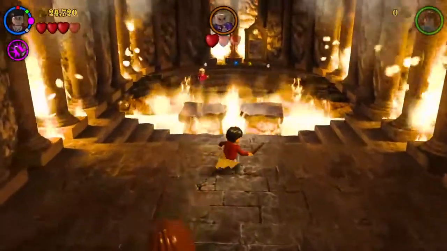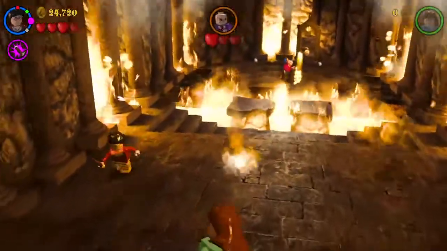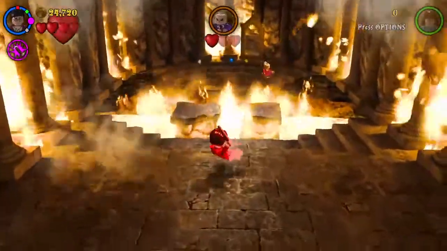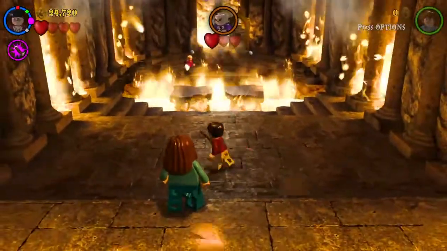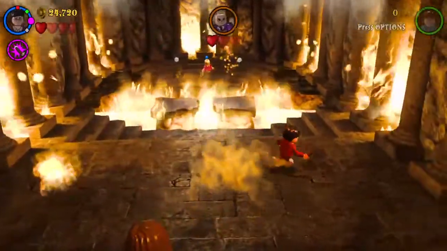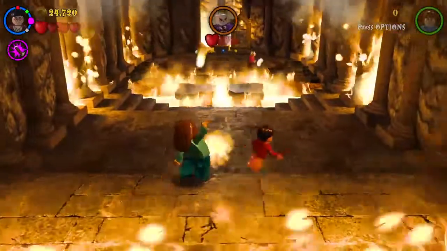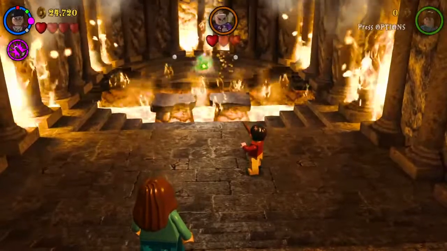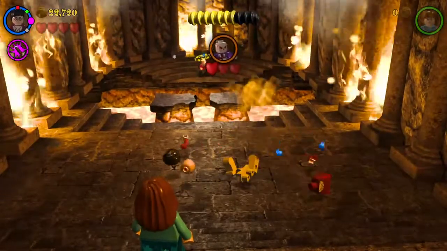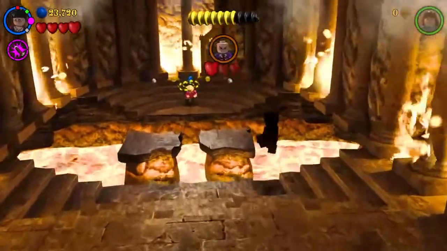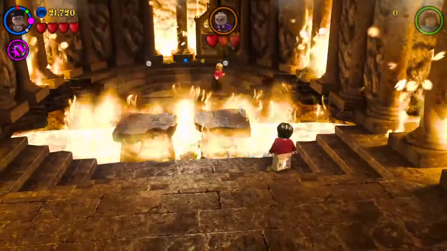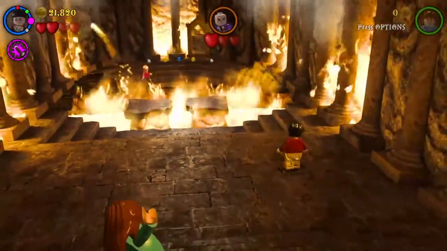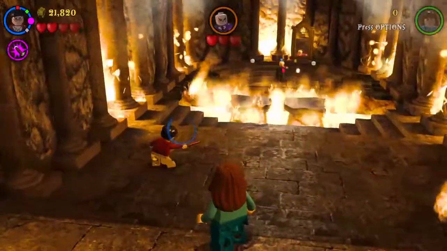Lava. Nice. Out. Come on, Harry, go. Okay. Tough luck. But good that you have infinite life.